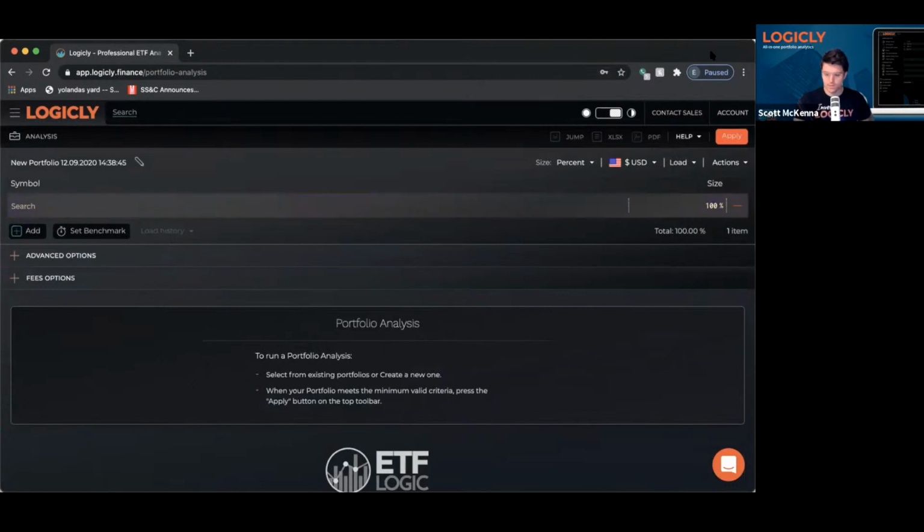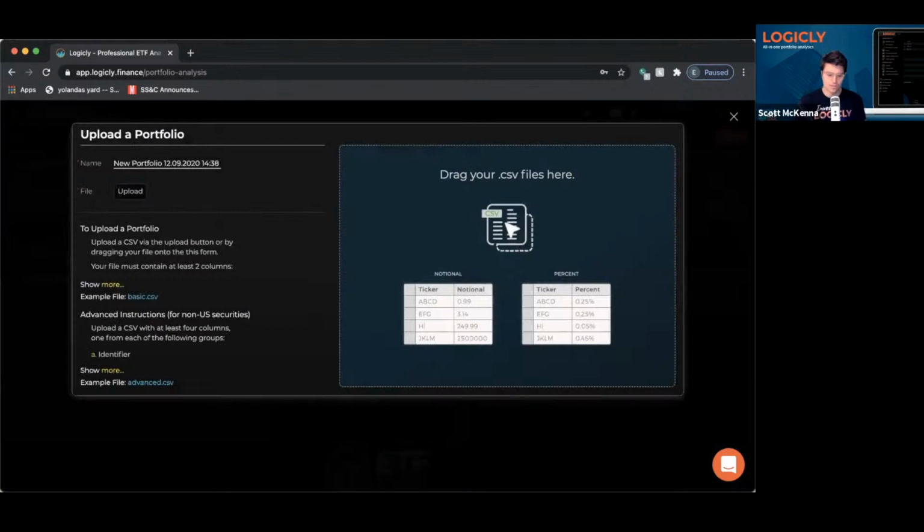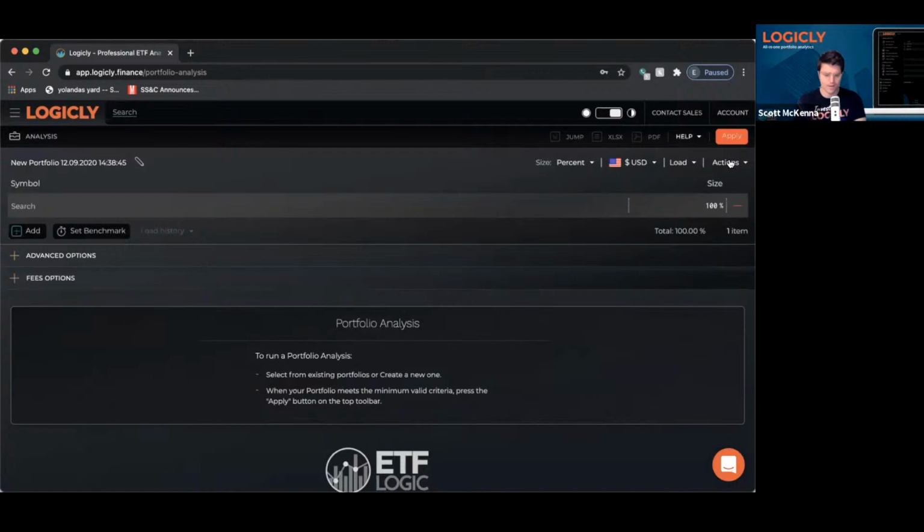Okay, and you can see here there are a number of different ways that I can upload portfolios. Number one is I can manually input it, right? The other way would be to upload a CSV. I can drag and drop a CSV file in here, as long as it fits this format. It's pretty basic: ticker, percent, or shares, or notional. Most of our advisor clients use the CSV. So if you set up a trial of the platform afterwards, we're happy to help get those portfolios in using that CSV functionality.